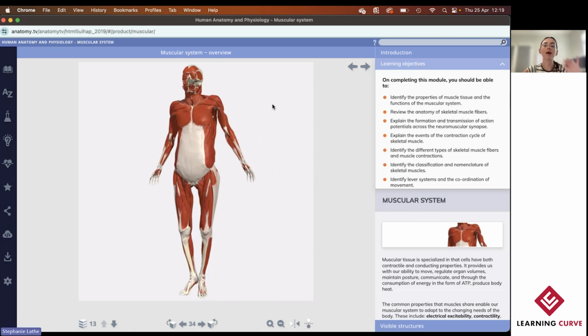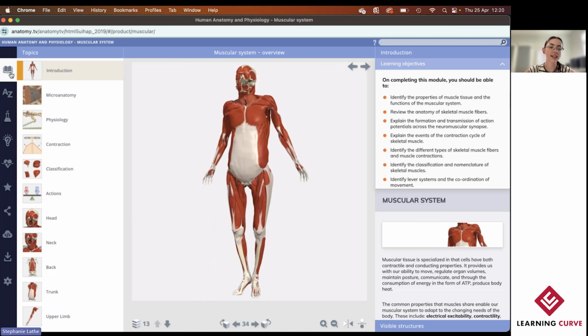In the middle, we have our main viewing pane, or our interaction pane. And on the right-hand side, we have our information pane. Now, the first icon in the menu is where this system has been broken down into different topics or different